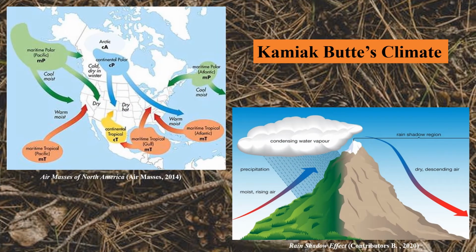Kamiak Butte is located in the northern hemisphere and is thus considered to be in a moderate megaclimate. On a smaller scale, however, it is regarded as a marine modified continental macroclimate. This means that the temperature around Kamiak Butte will be hotter in the summer and cooler in the winter, compared to 300 miles west in the Seattle area. The mesoclimate of Kamiak Butte falls within the Palouse Hills, a sagebrush shrub steppe habitat. Focusing in even further, Kamiak Butte sits within a rain shadow effect due to its location east of the Cascade Mountain Range.